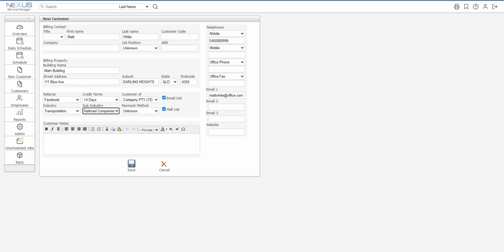The customer of field is useful if your company has multiple divisions or branches and the customer needs to be linked to a specific one. The email list and mail list tick boxes are ticked by default, allowing the customer to receive information through the automated services within Nexus. And click on